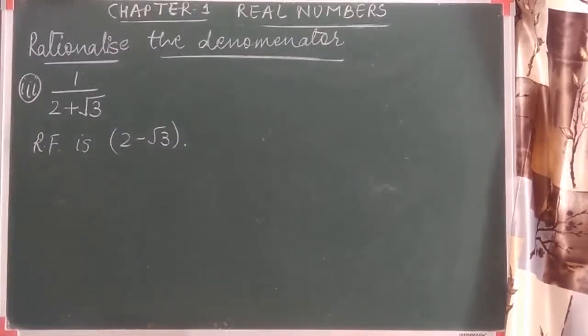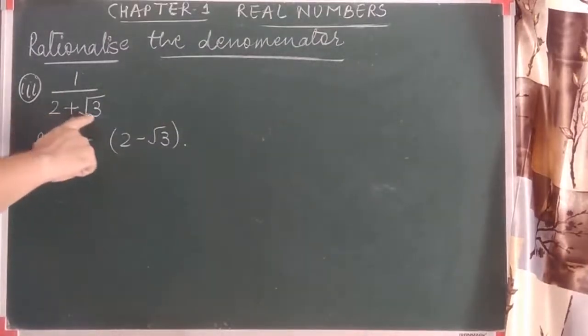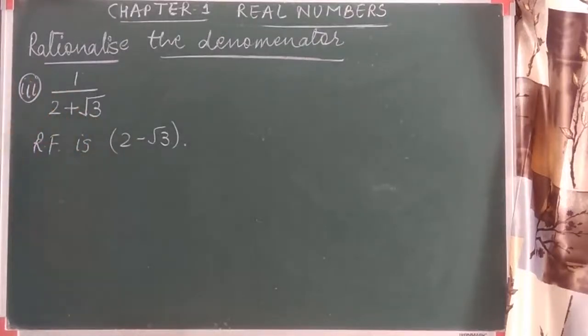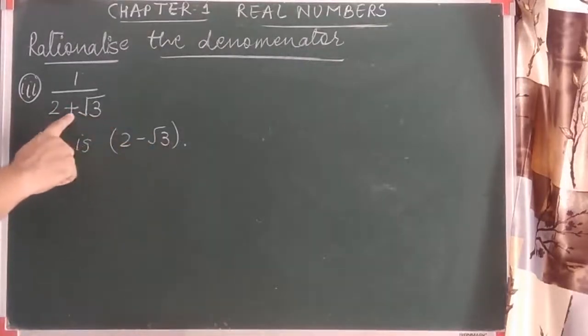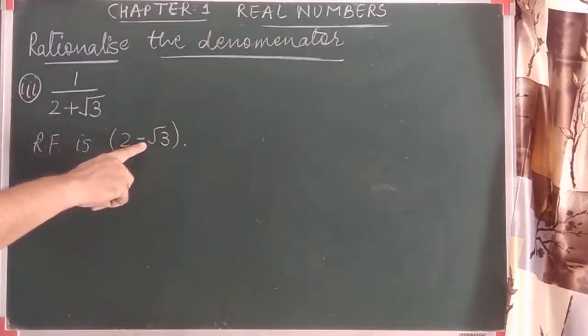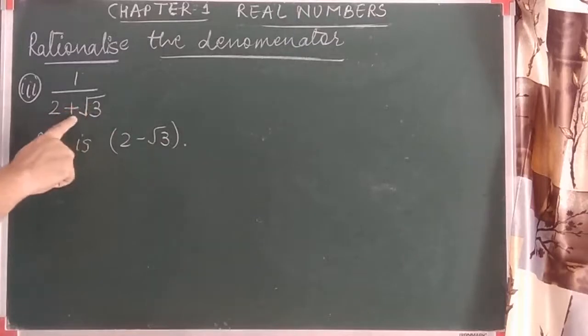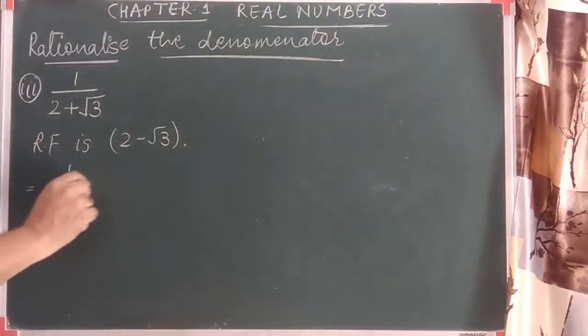Remember this, it is the easiest way. Whenever you have two terms in the denominator and you have to convert this into a rational number, I am talking about the denominator, we should multiply with the two terms. Now by which number should we multiply? So the rationalizing factor of the given term is, see that both the terms are as they are except the sign. If the term is plus, it should be minus. If it was minus, it would be plus. So you can see that now I am multiplying with the rationalizing factor.